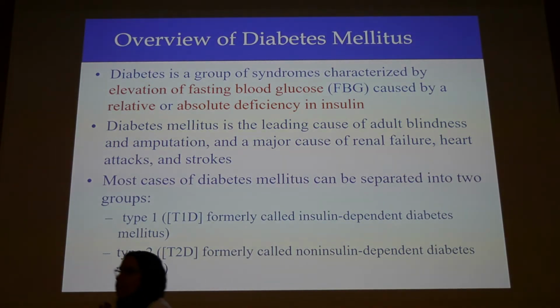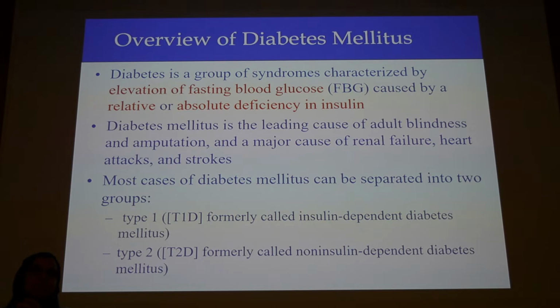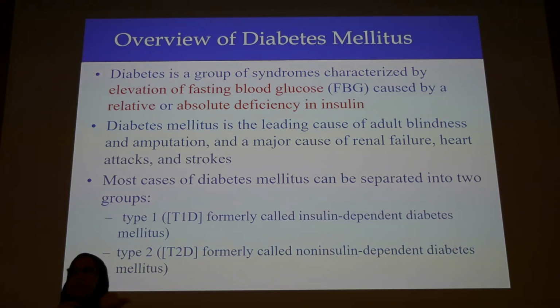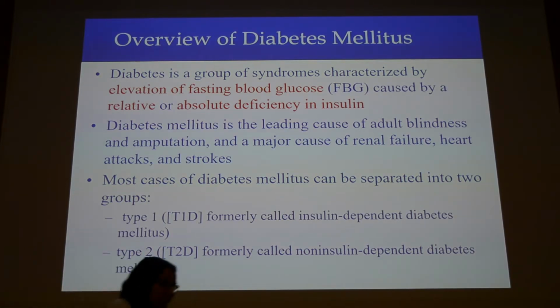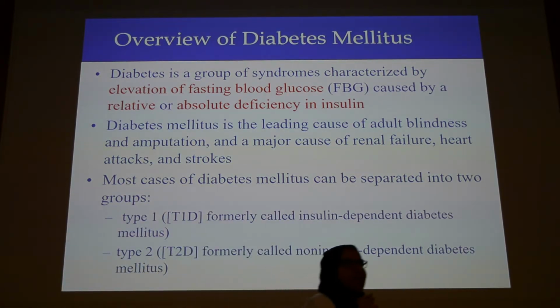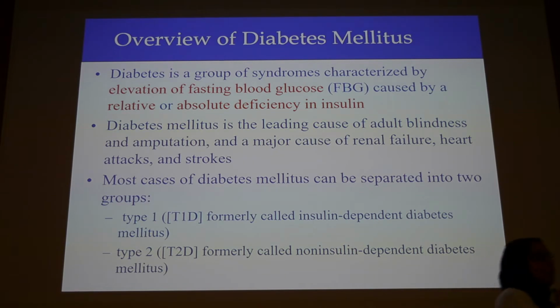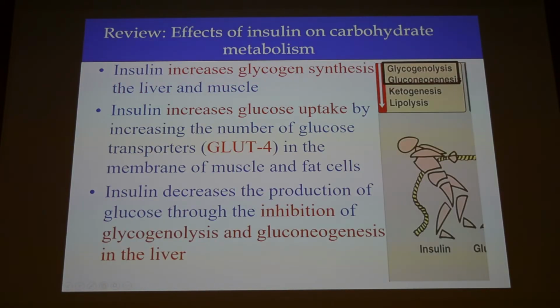When you have too much sugar sitting in your blood, it will have many complications. It will lead to neuropathy, where the nerves will be damaged, and nephropathy, where the kidney will be damaged, and many, many other complications. So it is a life-threatening disease that can be prevented by lifestyle changes. We're talking about type 2, of course. Okay, let's go through the slides one by one and see what else we need to cover.